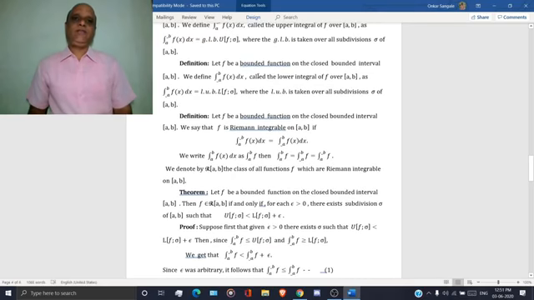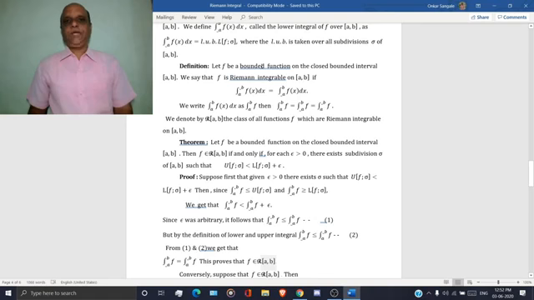Similarly, we have the definition for the lower integral. The lower integral here we denote like integration a to b, and here we have put a bar below the lower limit of the integration, and therefore we call it a lower integral a to b of f of x dx. We define it like this: the lower integral a to b of f of x dx is the least upper bound of the lower sum for f corresponding to sigma, where this least upper bound is taken over all subdivisions sigma of the closed interval ab.